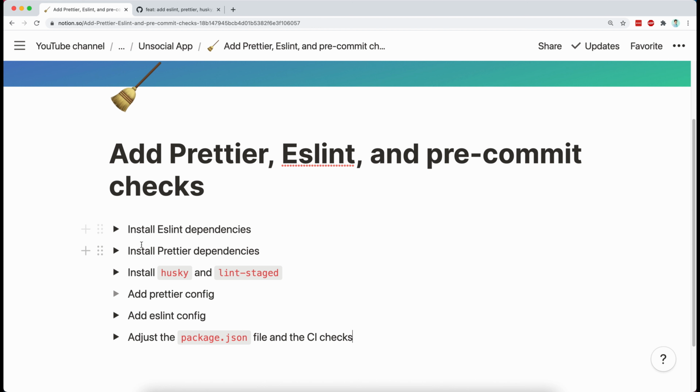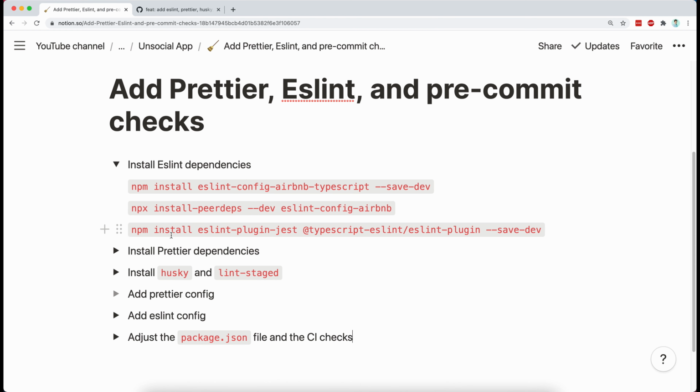There is a lot of installation, a lot of scripts that we just need to run from the command line and then add a bit of configuration to the project. I'm sorry for this much setup. I know that the previous 2 or 3 videos were setup videos and it may not seem that we are doing a lot of progress, but this is really necessary if we want our project to have any serious setup,